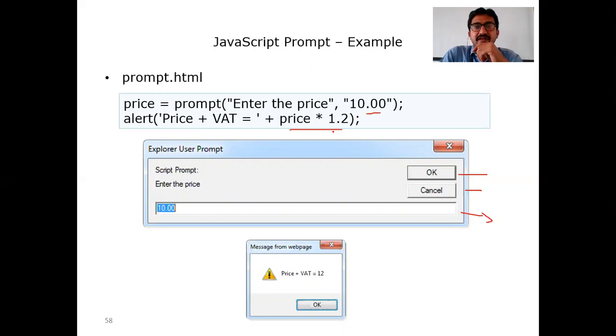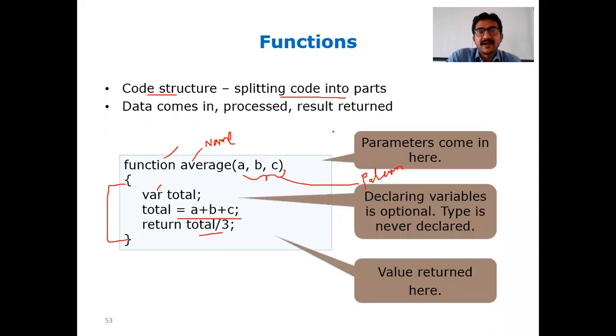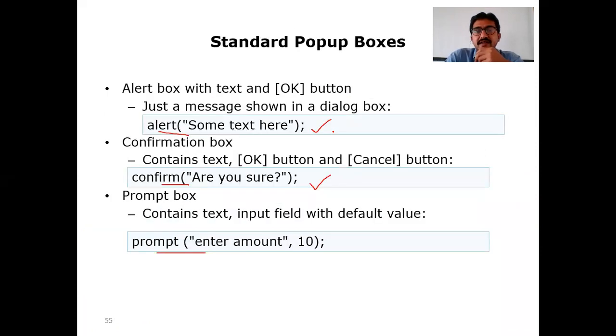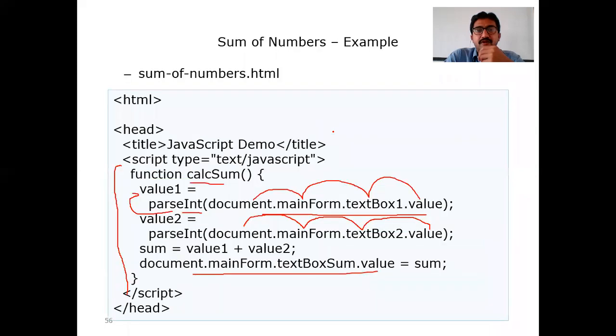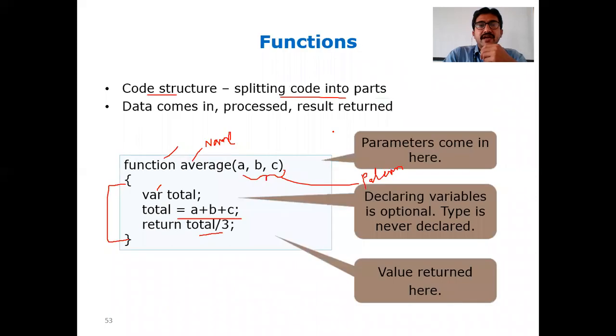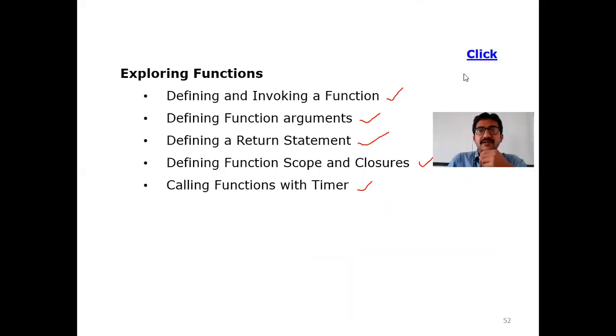So default value you can give, or else you can change the value by deleting that. Okay. So in this example, what we have seen is how we can declare a function, how we can call the functions with the help of the arguments, what it will return, and what the other pop-up methods or functions like alert, confirm, prompt are; we have seen one example of this. But coming to the actual topics we have discussed, that is defining and invoking a function, defining a function argument. Roughly for a glance, I am giving that over there.